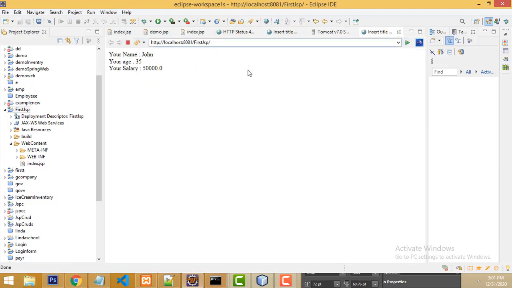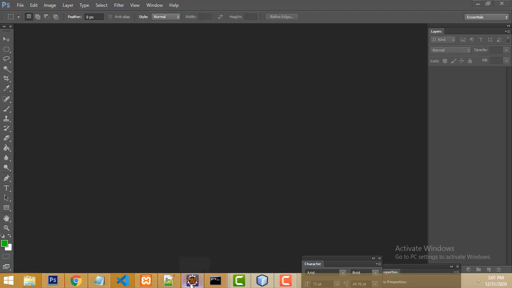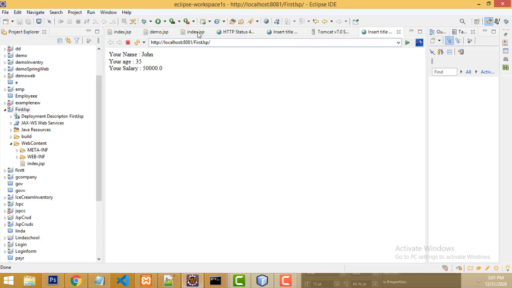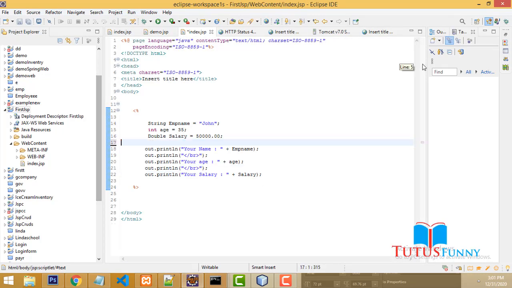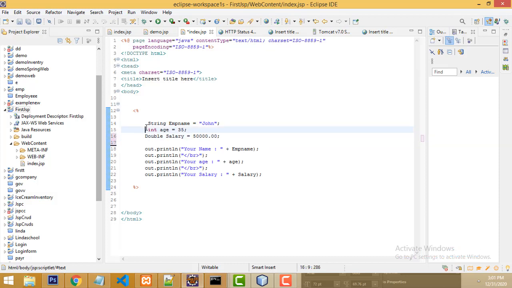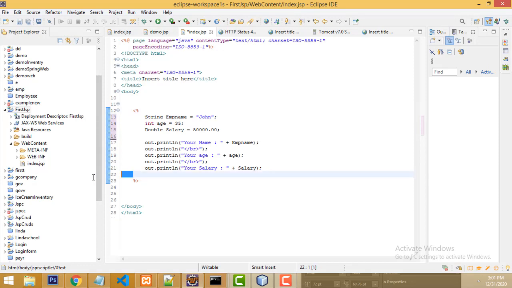Very simple. You must learn this stuff. This is very much a must. If you go for Java web developer, all this stuff is a must. This very simple stuff you have done today. I hope you guys understood the things well. I will continue in my next lecture, where you will learn how to work with forms with JSP on Eclipse.